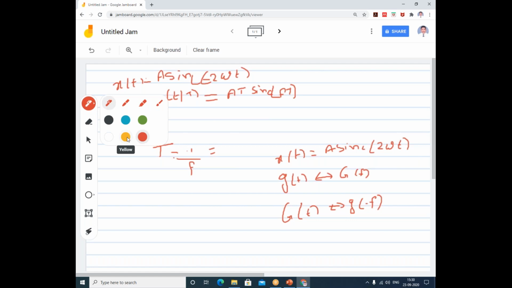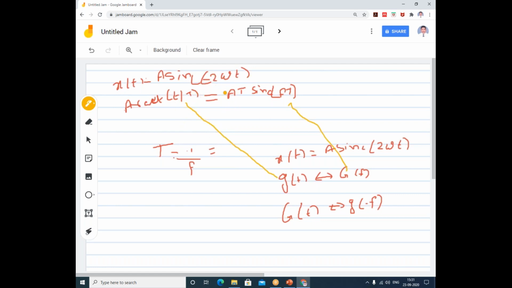So in this case, small g of t is this one, a rect t by T, and G of f is this one. Now please try to understand. Now you need to replace f with t and t with f. So when you replace f with t and t with f, for the given problem, he has given sinc 2 omega t. So that means your capital 2 omega is nothing but what he has given.